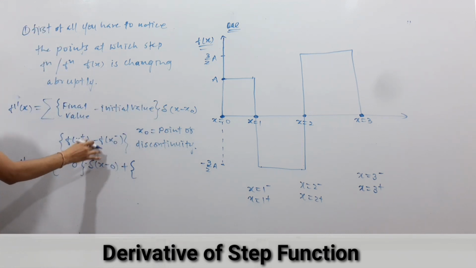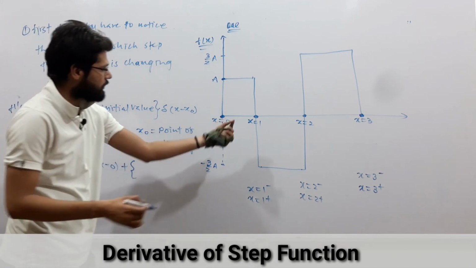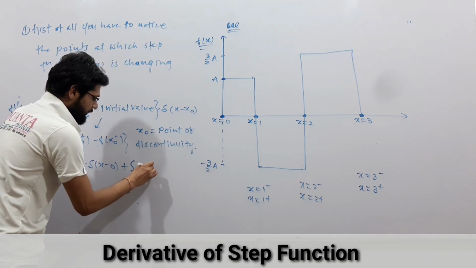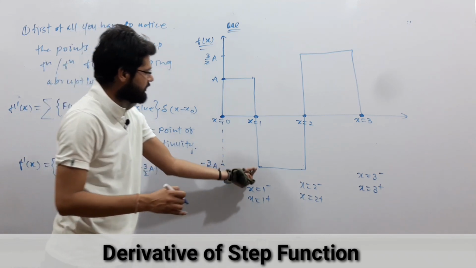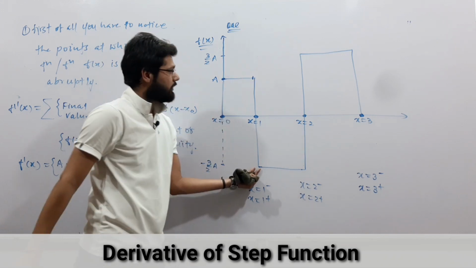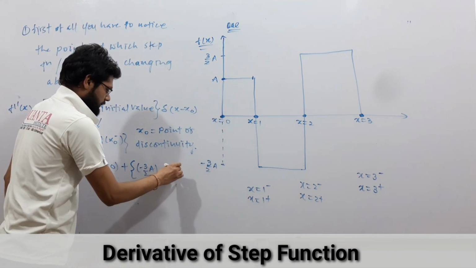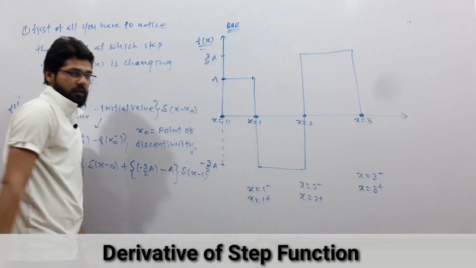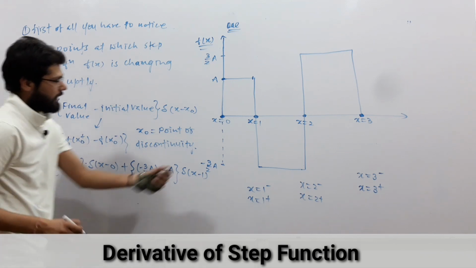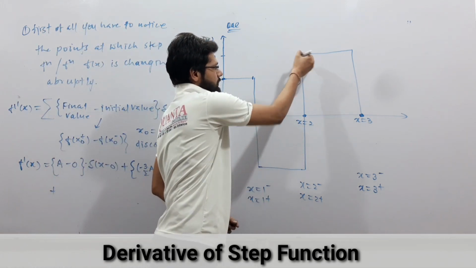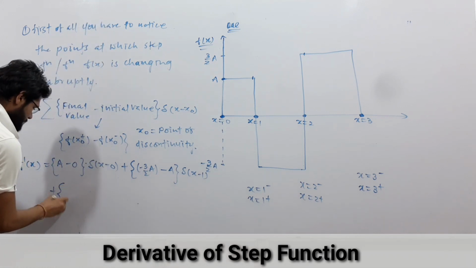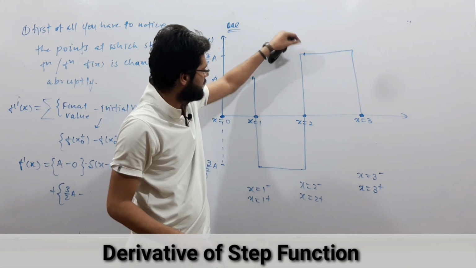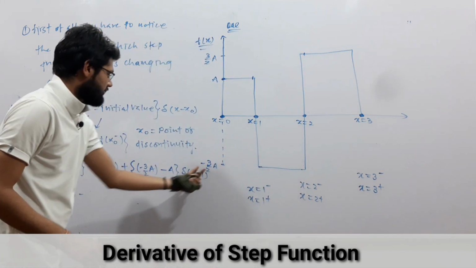So the final value is this one, minus 3 by 2 a, minus the initial value, which was this one, a, and the point of discontinuity is 1. Plus at x equal to 2, the final value is plus 3 by 2 a, minus the initial value, this one, minus 3 by 2 a,